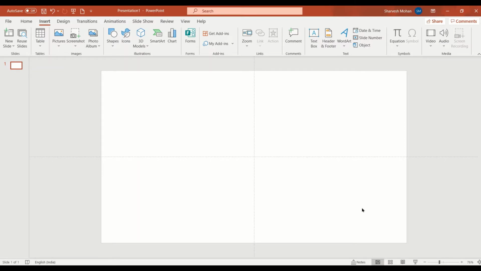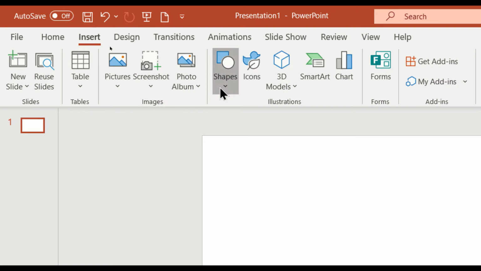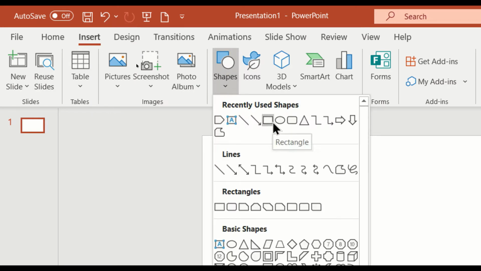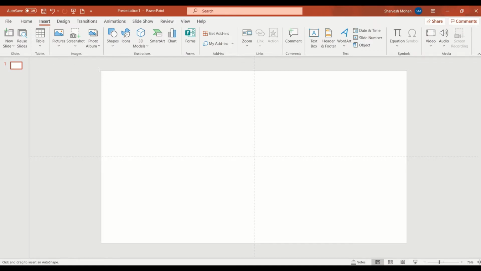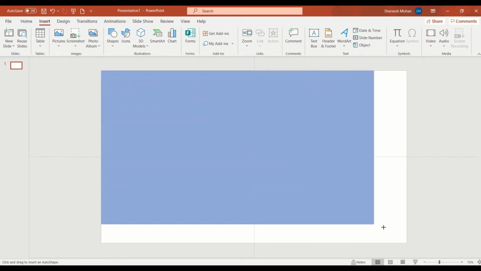Let's open a new slide. Go to Insert, Shapes. Let's take a rectangle and draw it over the full size of this slide.